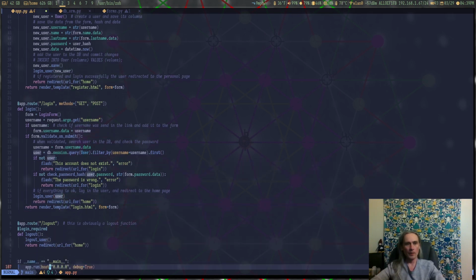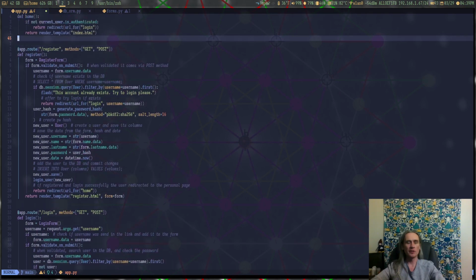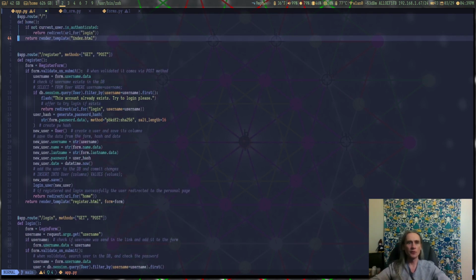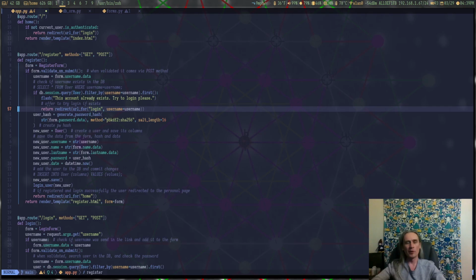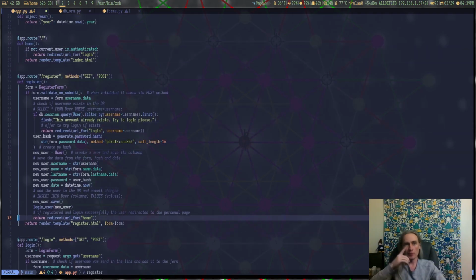So these things that I added here, I added to explain how Flask works and how it handles requests from the front end, like web pages, stuff from the browser, and how it answers all the requests. Now we can go to the HTML pages and see